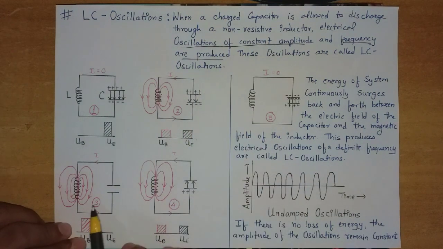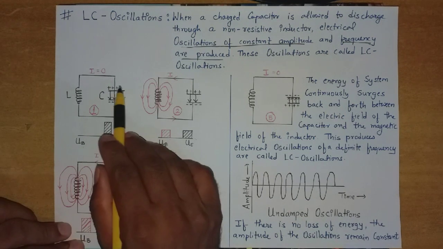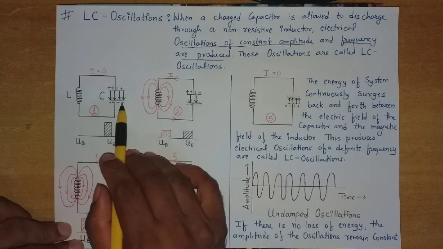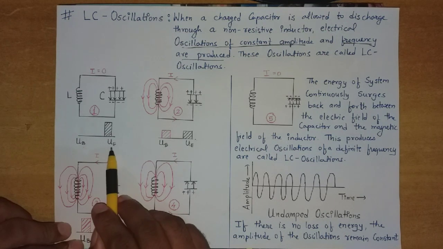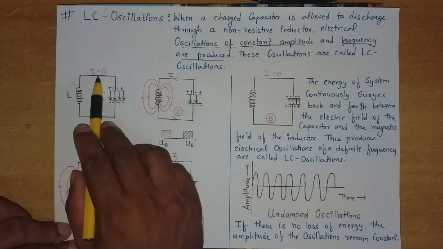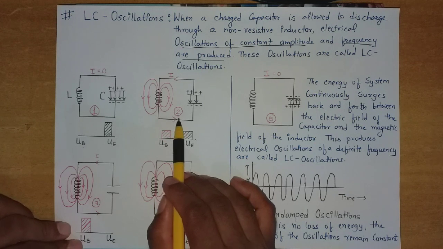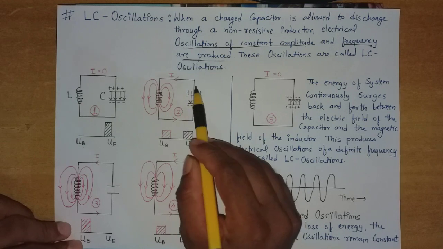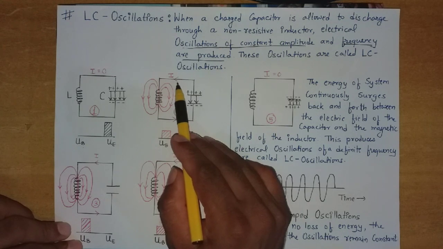Clear? As you see in the first circuit, suppose we assume that no charge has started flowing from the capacitor. So the electrostatic energy stored in the capacitor is maximum. That's why we write UE is maximum. Clear? So by that, the current in the circuit is 0. Now as the connection is made, meaning the circuit is closed, the charge starts flowing from the capacitor to the inductor. So by that, the current increases in the circuit.